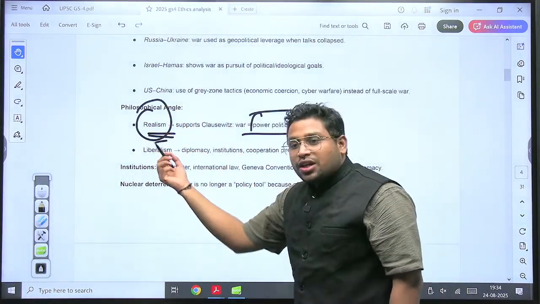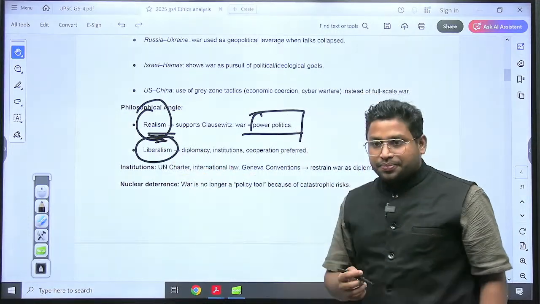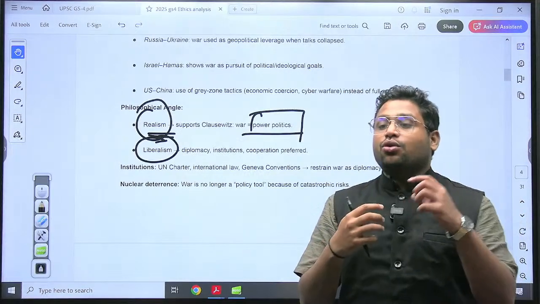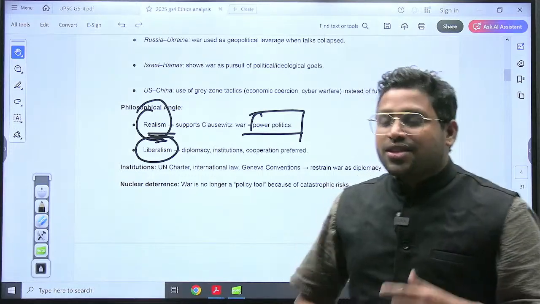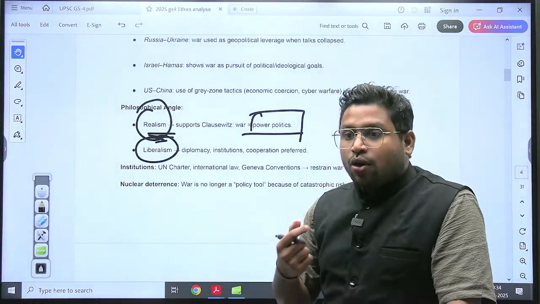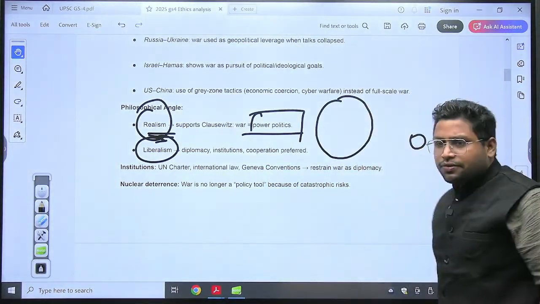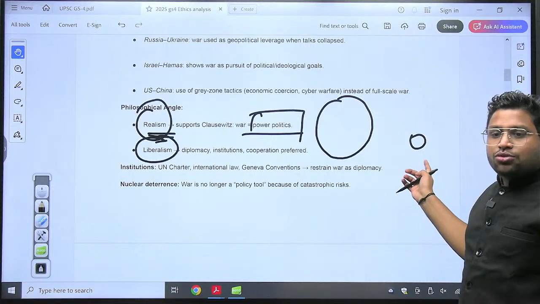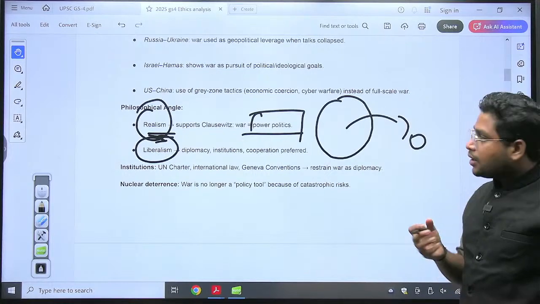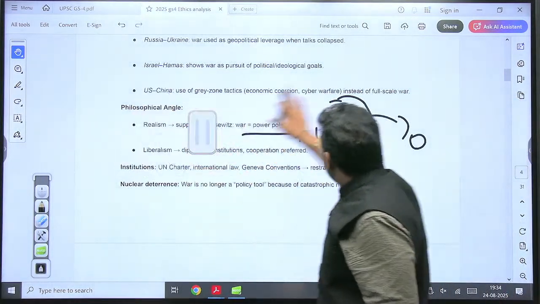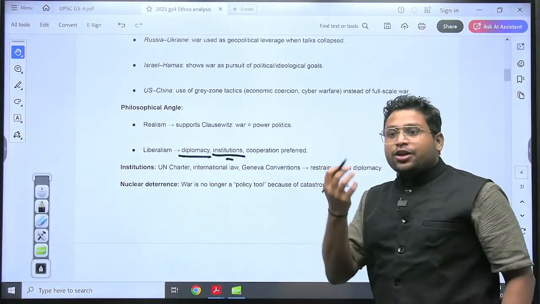In contrast to this realist approach of looking at international relations, there is something called liberalism, which says that if you want some kind of issue to be resolved, going for war is not the right way, as power politics would. Simply understand, there's a very powerful country and a small country in front of it, and this country is not accepting what it wants, so it will directly attack. Simple. That's power politics. Whereas liberalism prefers diplomacy,